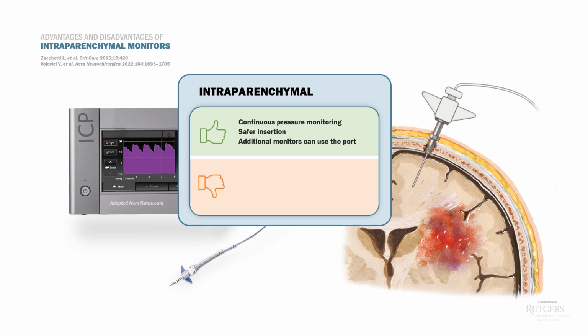The disadvantages? An obvious one is that you can't drain CSF or inject medications intrathecally. Intraparenchymal catheters are also fragile and prone to mechanical failure, which causes a drift in the measurement over time for about 50% of patients. This may be difficult or impossible to quantify and correct. The overall accuracy is also always a question.